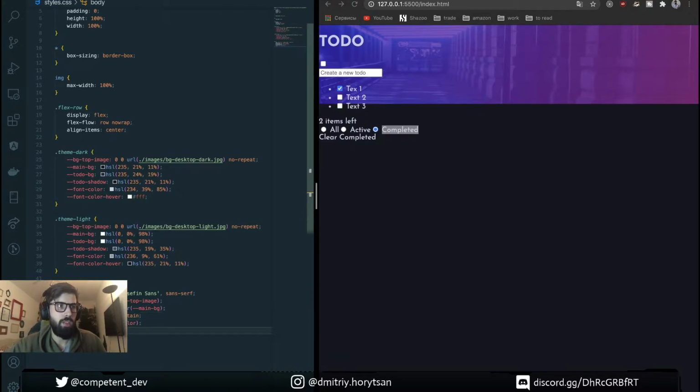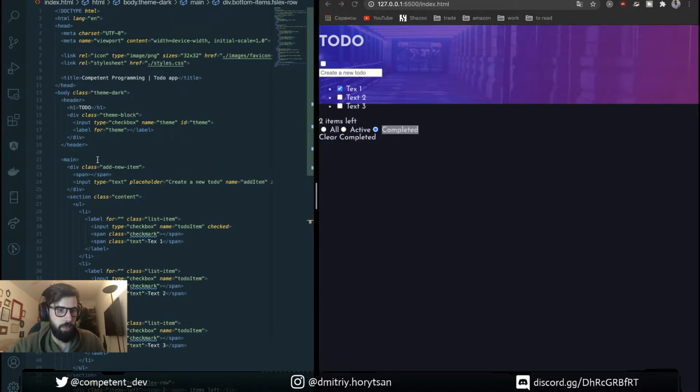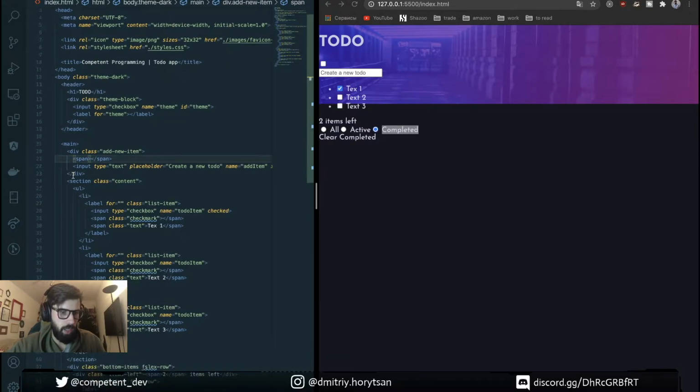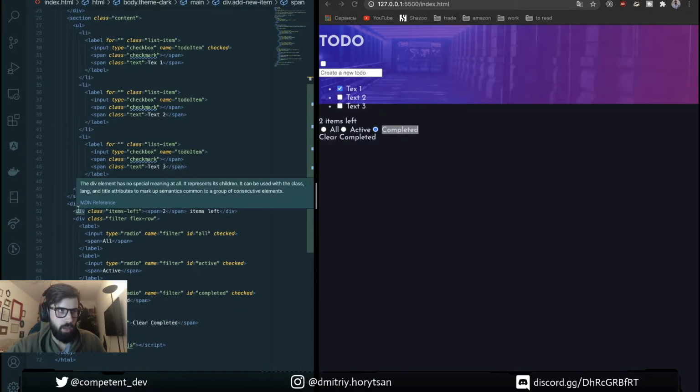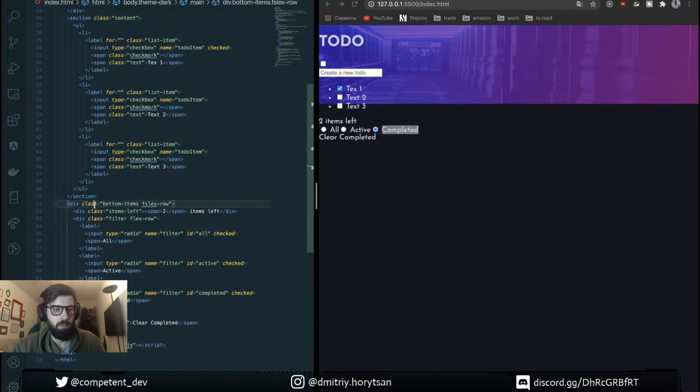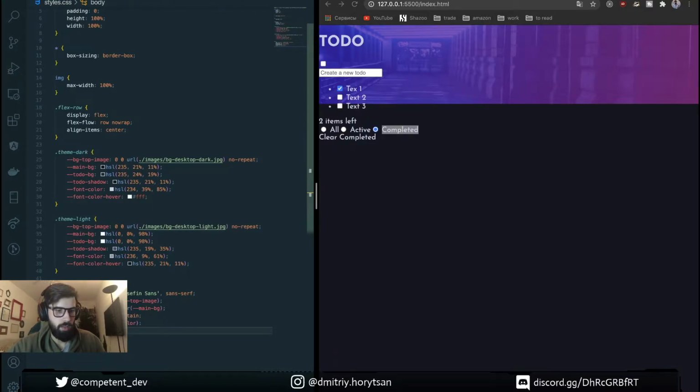So then we need to define some styles for each of our main items. What I mean, header, main, and bottom items. Yeah, it's header and main.